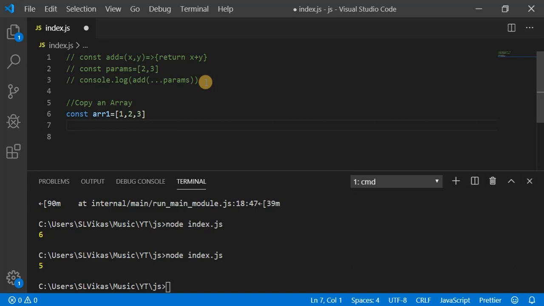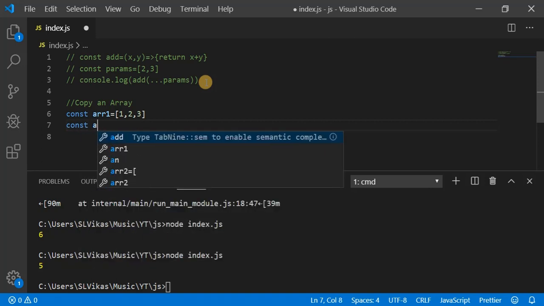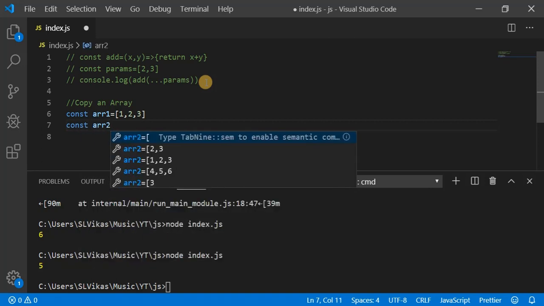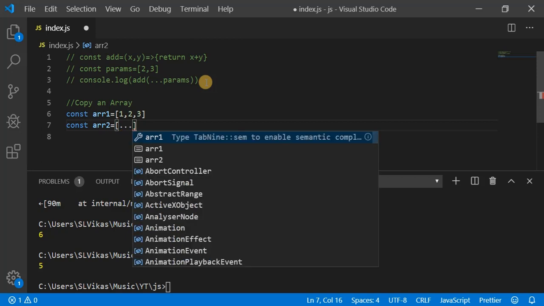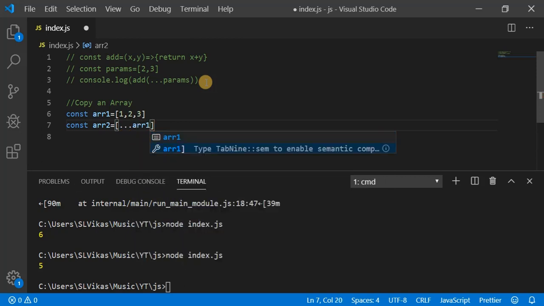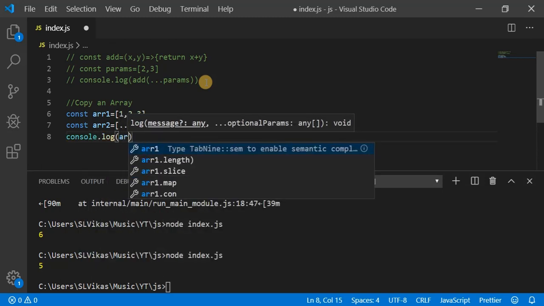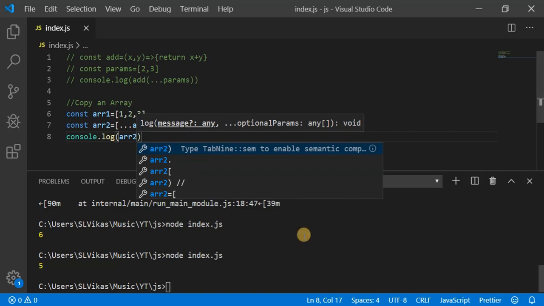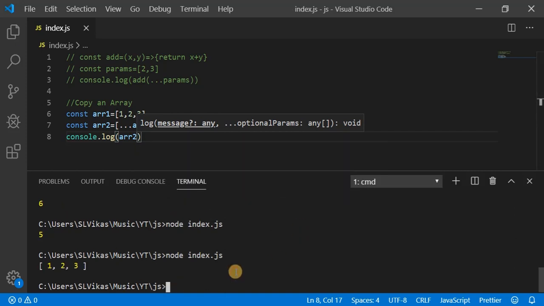I wanted to create another new array with the same values, right? So what can I do? I can write here a spread operator of array1 directly. Okay, and let me console log this array2. Okay, so as you can see here, we are getting the same elements.